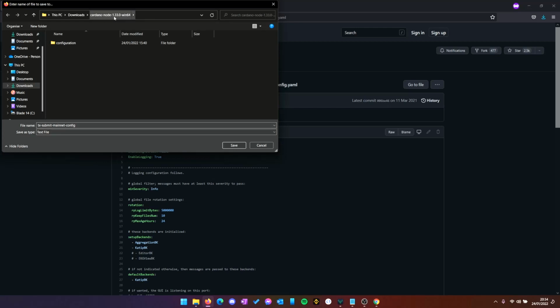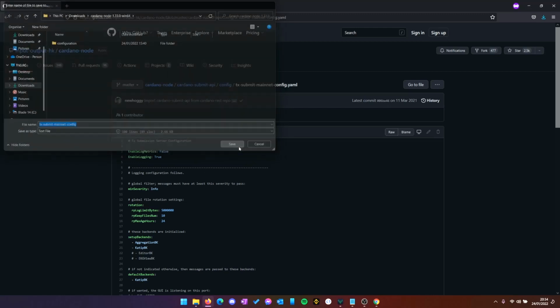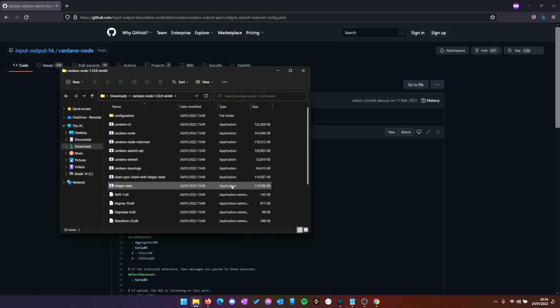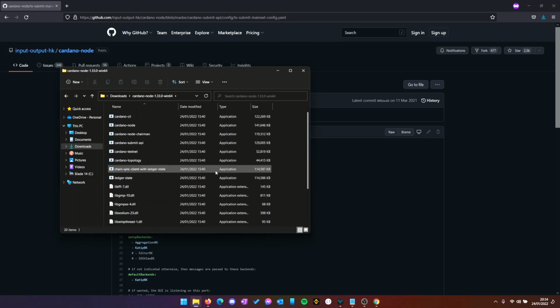Put this config file in the actual folder that you unpacked earlier. So cardano-node 1.33.0, or whatever you've renamed this folder, doesn't matter. So let's save this config file there. And as you can see, this is in the same folder as the executables that we're going to be running. Once you have these files downloaded,